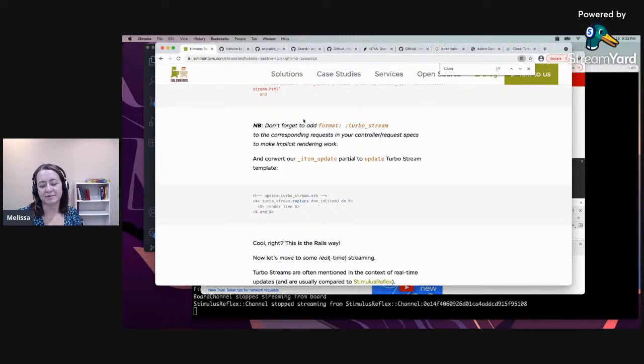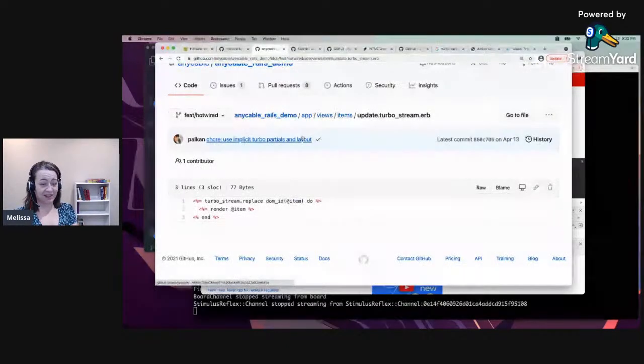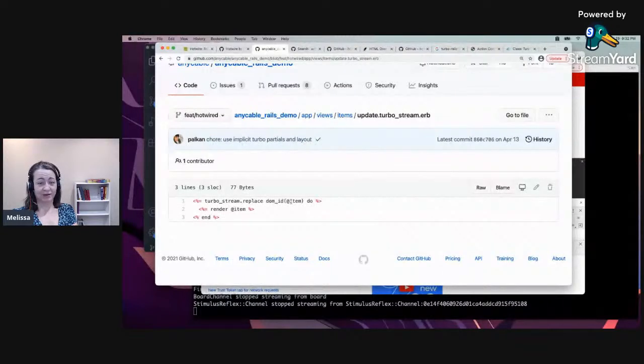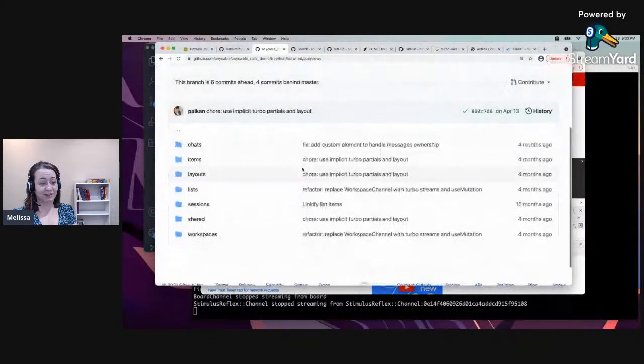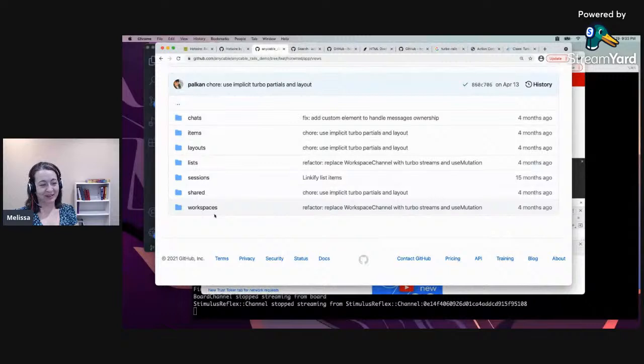It wasn't really like a model. It was just sort of how I described the page. So I'm not even sure that's really the same kind of apples to apples. Use implicit turbo partials and layout. Well, this is fun looking around the code. I don't know if we're going to get it to totally work here, but